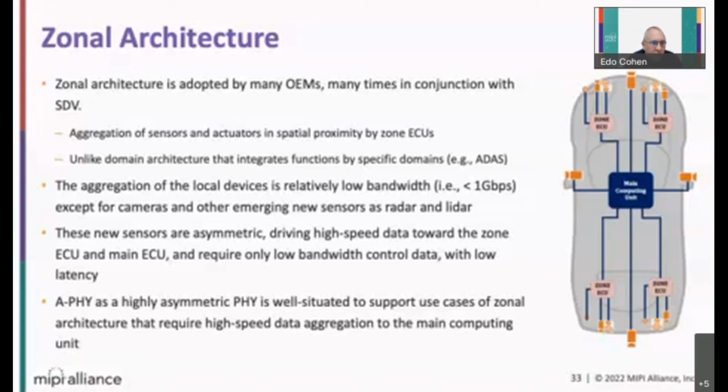And thus, A-PHY provides a very good solution for aggregating the data and being able to provide both the command and control bandwidth of up to 1 gigabit per second and the high-speed downlink data coming from the end devices to the zonal, with very low overhead needed to aggregate multiple devices and direct them to the main CPU unit.